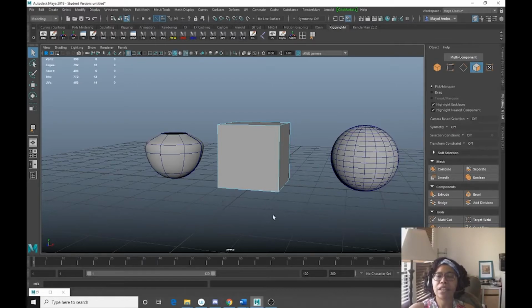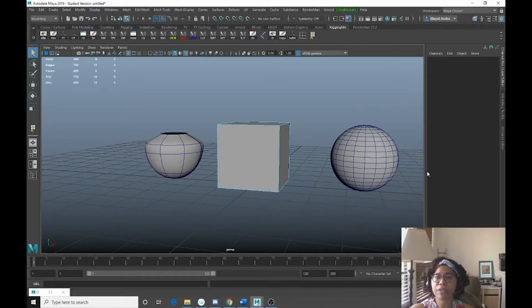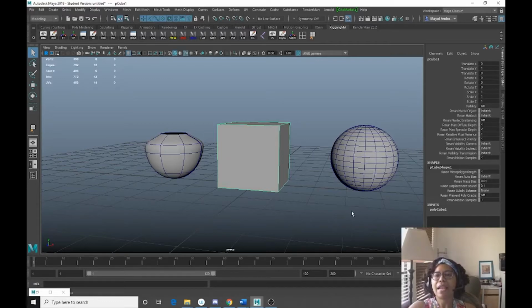All right, so let's go a little bit more into how you can add subdivisions and what some of the options are in our modeling toolkit. So I'm going to go back to my channels, and I'm going to hit F8. And as you can see, we have our polycube under the inputs here. So if I click polycube,